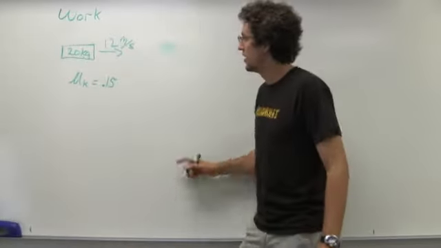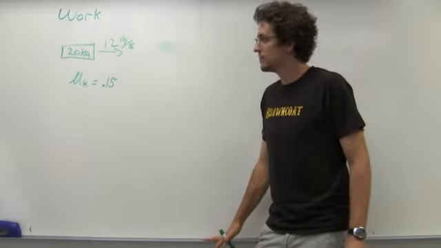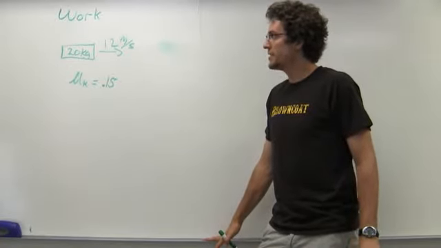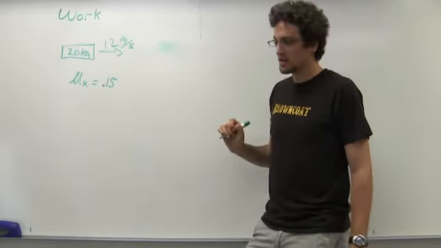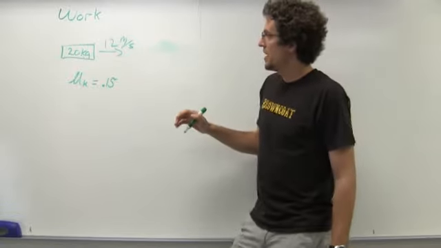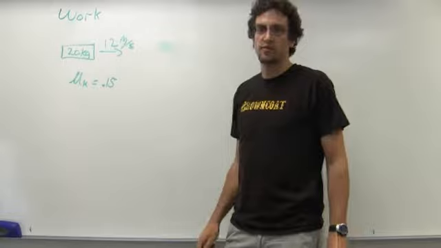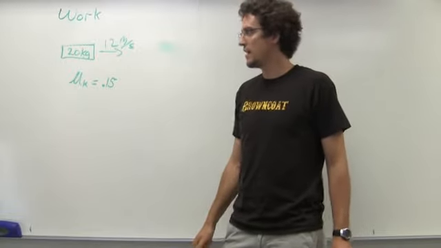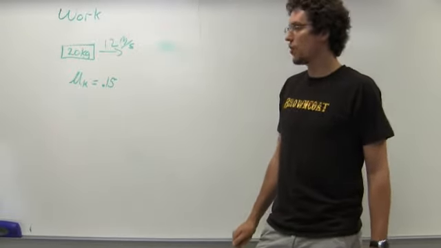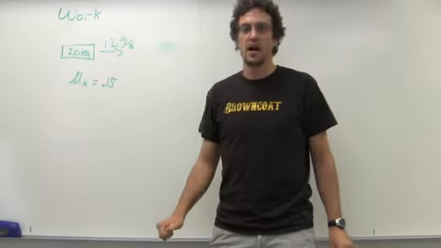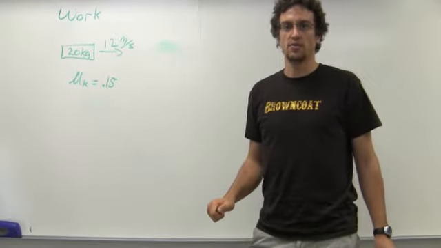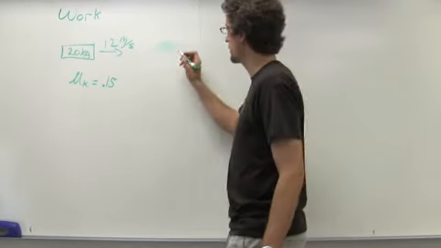All right, starting here we have a work problem. This work problem is that we have a 20 kilogram block sliding along the floor. It starts out at 12 meters per second and the floor has a coefficient of friction of 0.15. We want to know how much work is done by the floor on the block in order to bring it to a halt. Now we know that work is equal to